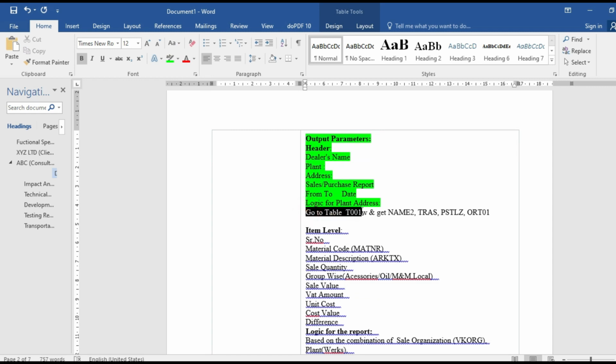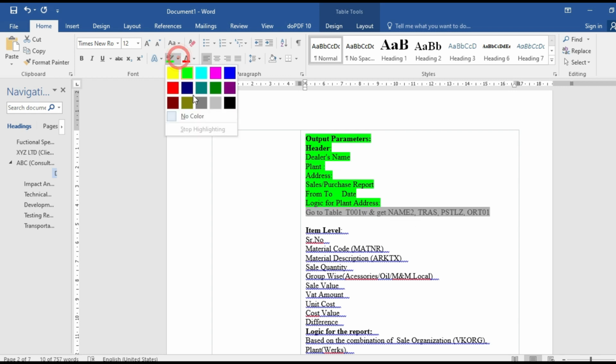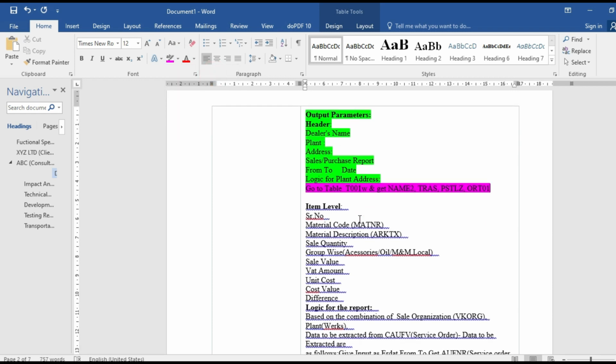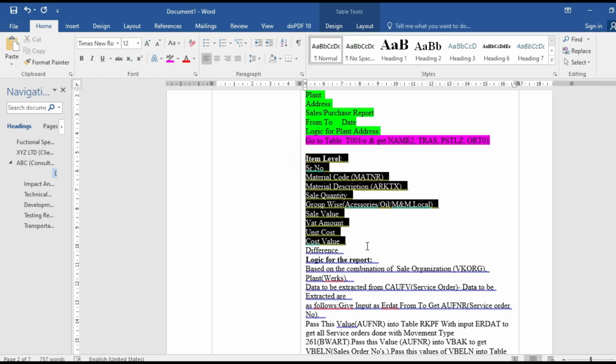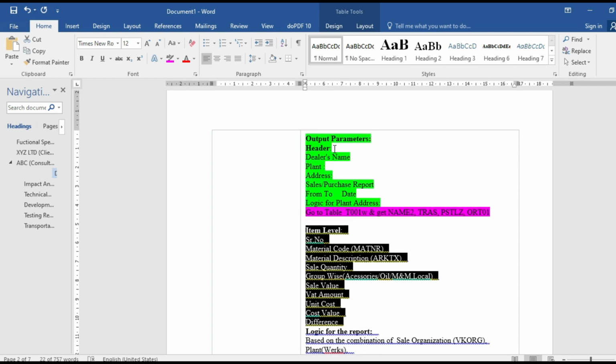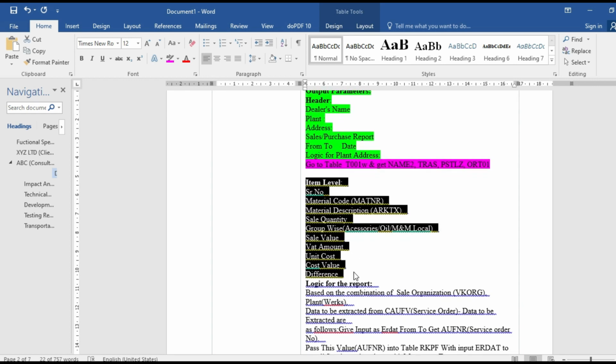And then this logic needs to be provided to the ABAPer, that these are the tables which are going to be used. Then item level. This is header level data and this is item level data.